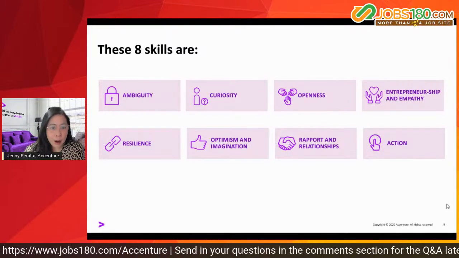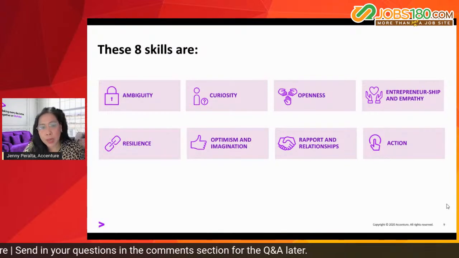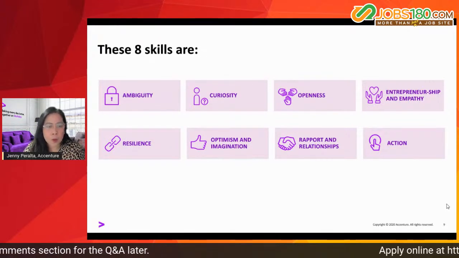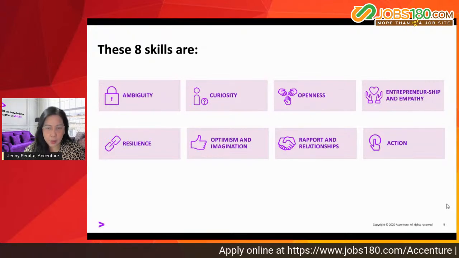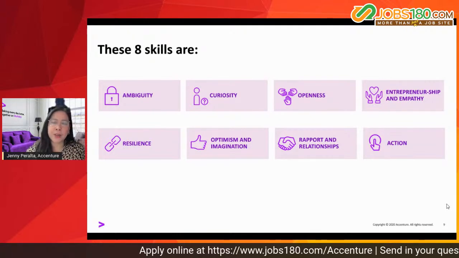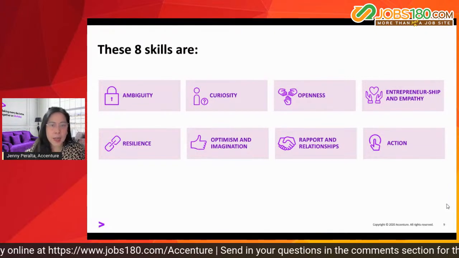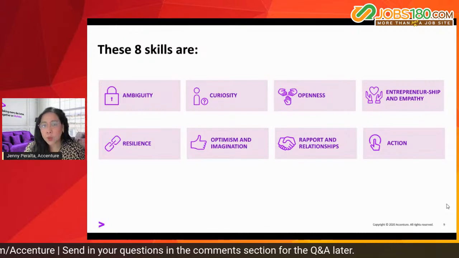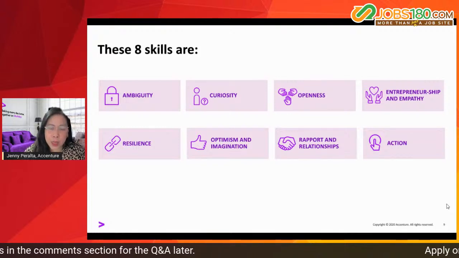And if we are asking those questions to feed our curiosity, of course, we have to maintain that openness in us. Once you're a graduate, you would feel that you know a lot of things. When you're in the business, you're moving up the ladder. The higher you are, you feel also that you know as much already, and that time scales down the openness in us. So in Accenture, we constantly emphasize that the way to be agile,